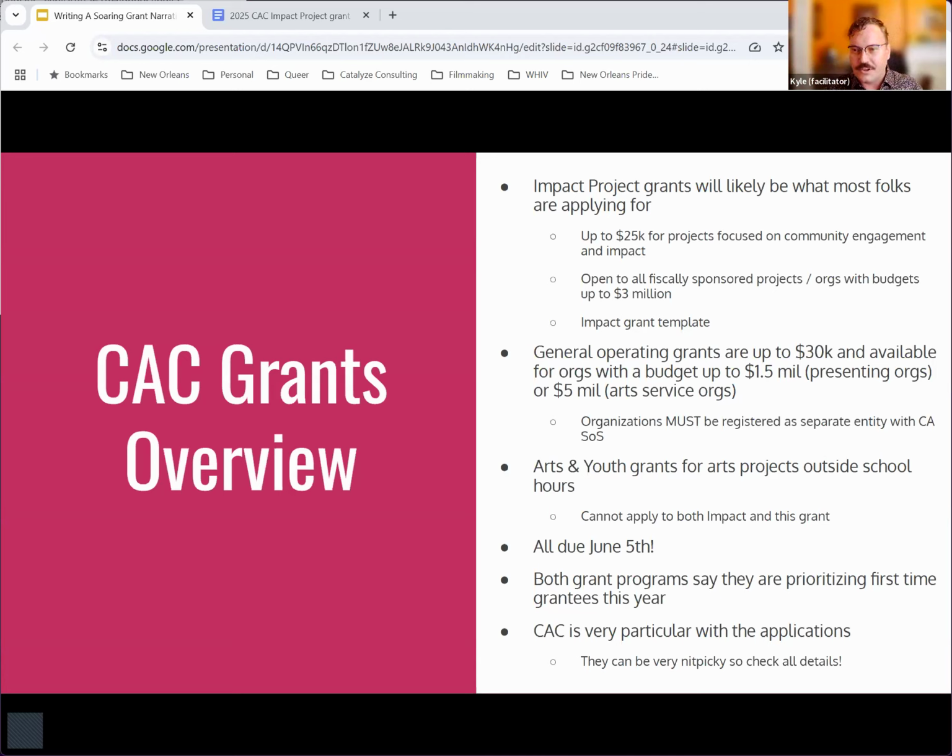So, more so than most other grant applications you'll be dealing with, the CAC grant process is very detail oriented and very nitpicky in terms of how they're going to review and hold your feet to the fire around, especially, all of those attachments and the more litigious and annoying parts of the application, to be honest.